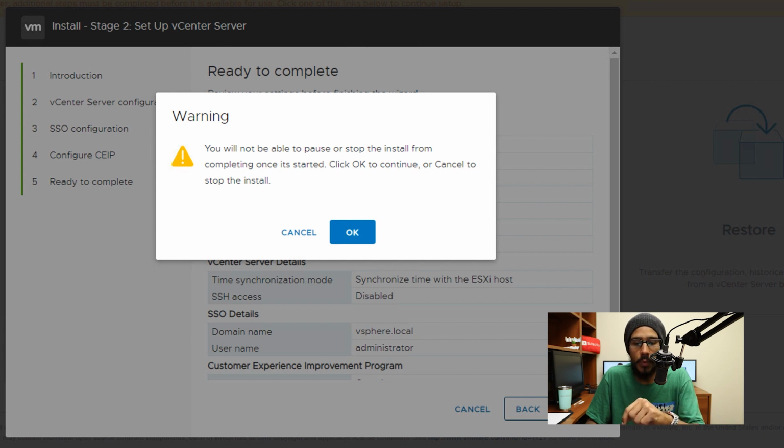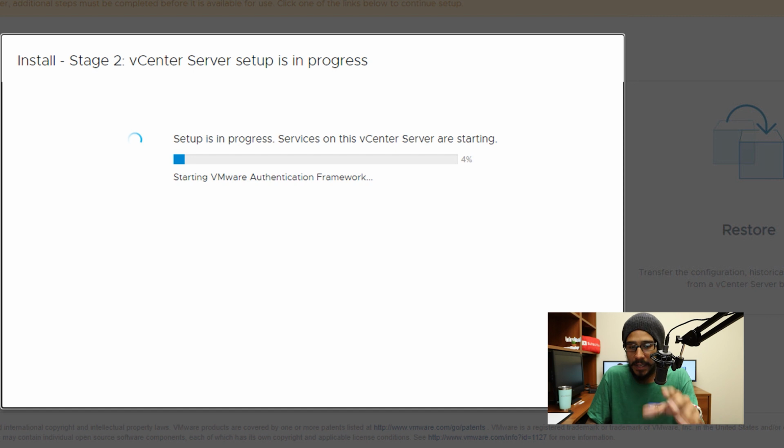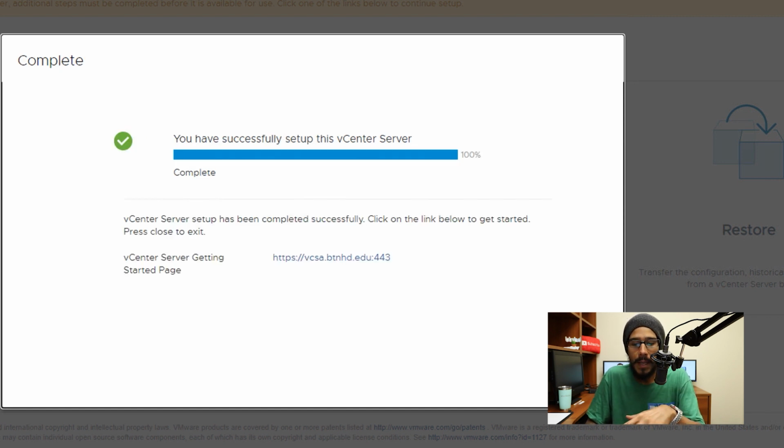It's going to give you a nice little warning. Click OK. It's going to start processing itself. It's going to give you this. This process takes a while. Just be patient. And once you're done, you should get this, and it tells you to go to the particular